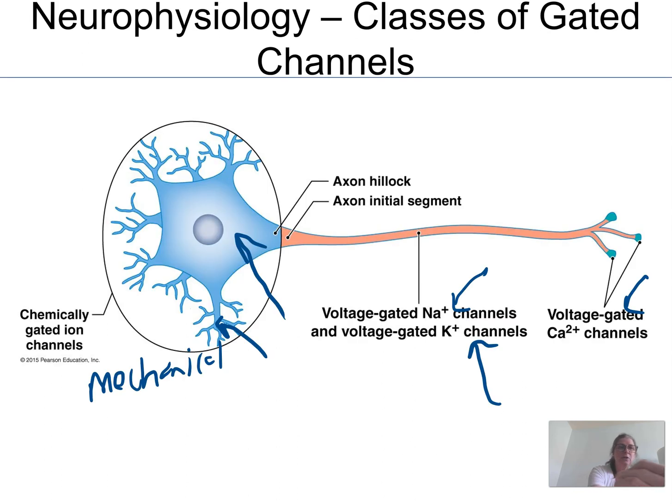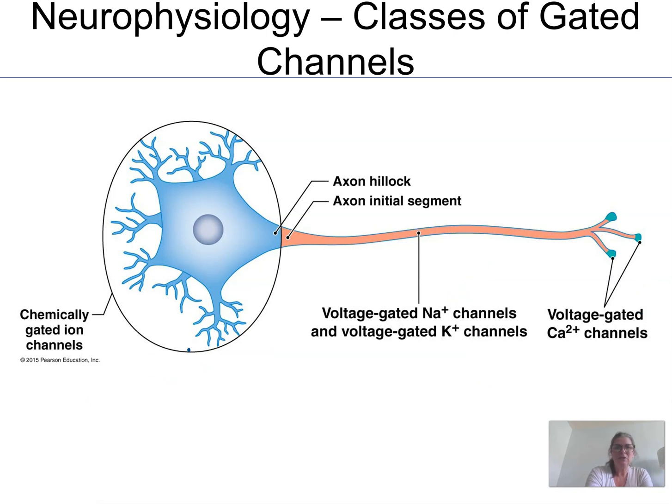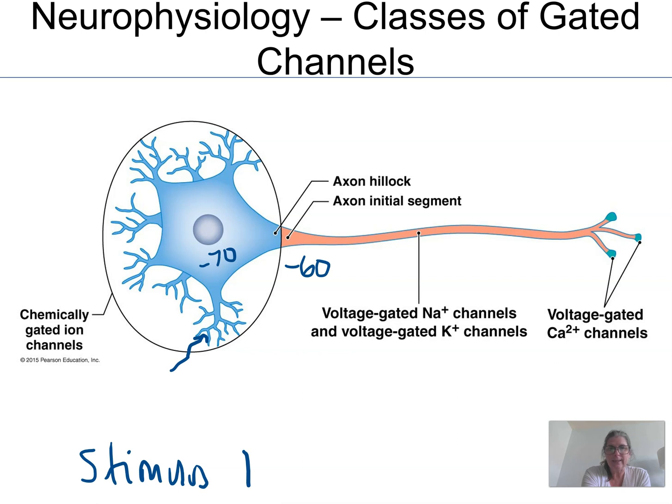So if I go back to this picture for a minute, because it might be better to use this than for me to try to draw something, let me try to simulate what's happening here. Let's say we have stimulus 1, and let's make it light touch. So something very lightly hits that little dendrite and it opens sodium channels. I'm going to tell you right now that we know the inside of the cell is -70. That's the charge inside. And we know that threshold is -60. So at -60, all those voltage gated sodium channels fly open.